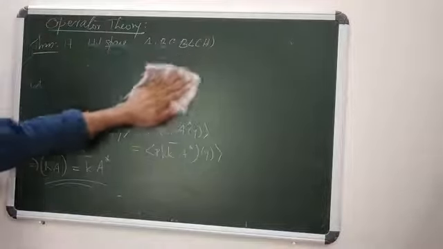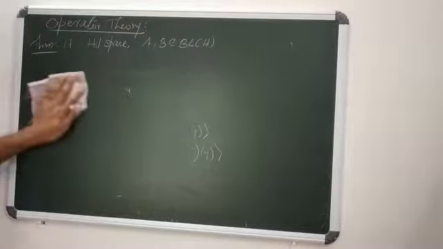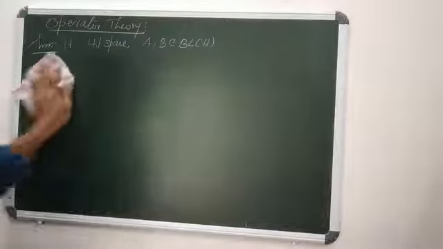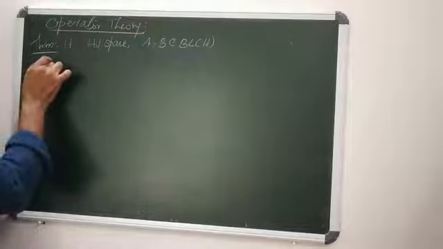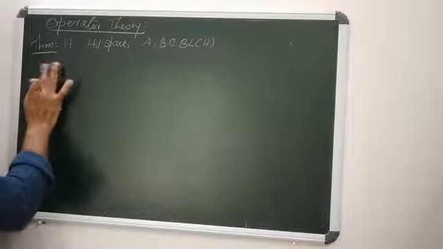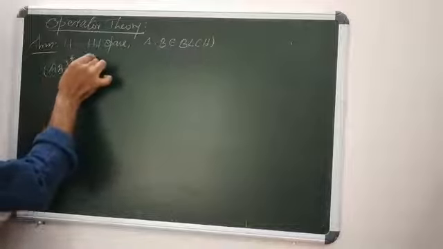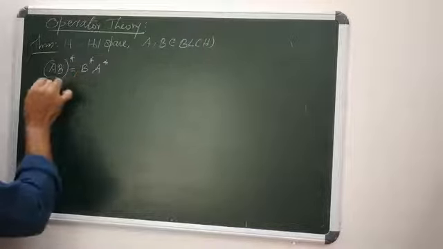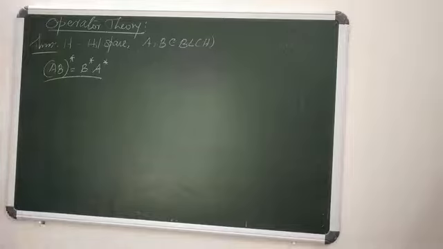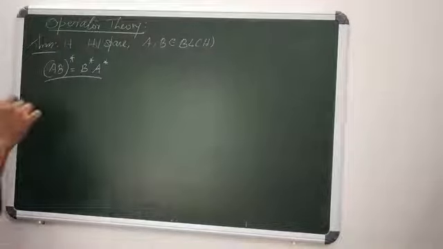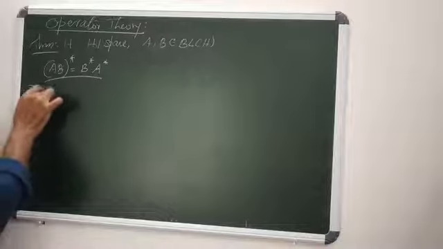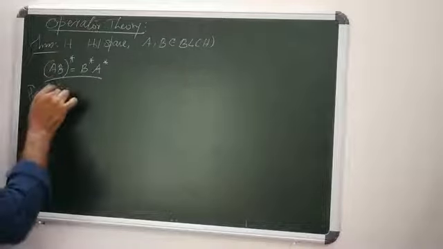Now we are going to our third one. (AB) star equals B star A star. (AB) star equals B star A star. How to prove this one? That's again immediate. (AB) star. Consider